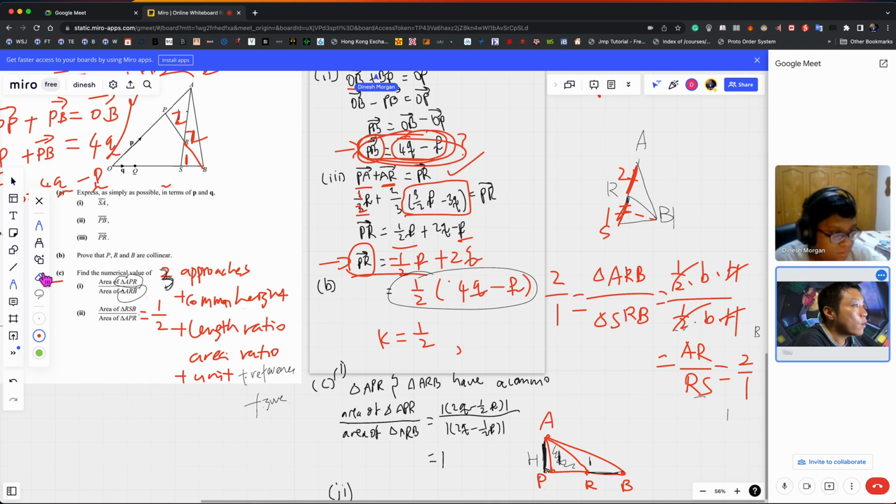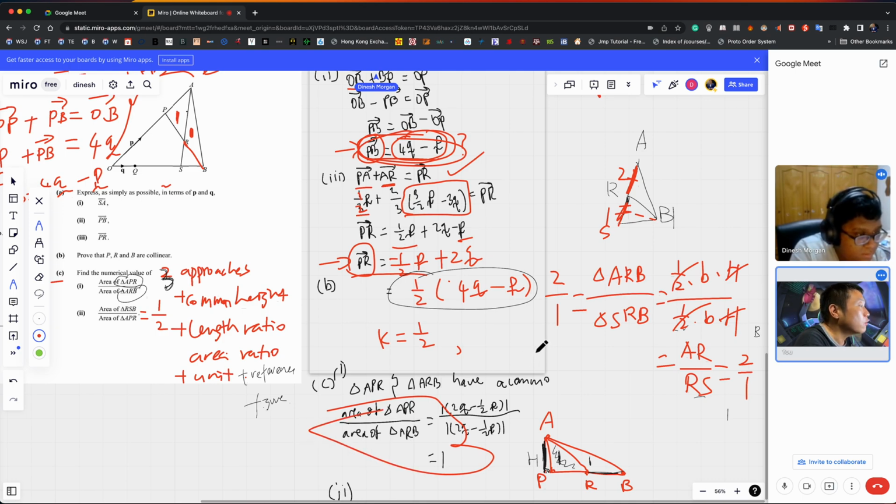So in a way, there is a reference figure. This is the reference figure. And we found out the reference figure with respect to this APR just now is 1 to 1, from this one. Now this one, let me use a different color, this one is 2 to 1. Understand me now? So right now this is 1, this is 2, so somehow you need to get it into